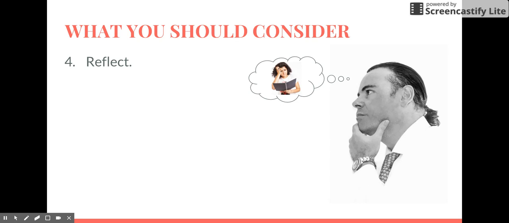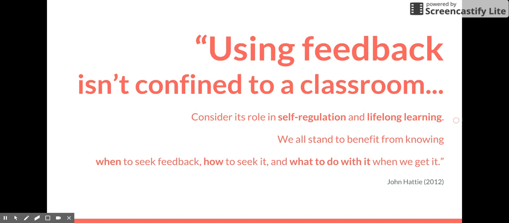Maybe it comes down to your own teaching practices. Maybe you need to reflect on what are the things I need to change in my own teaching? What are the things I need to improve upon, make clear? What sort of roadmap did I provide for my students that maybe wasn't clear from the outset, so they didn't really understand where they were going? The reflecting part of providing feedback is absolutely essential because it will help you become a stronger teacher, even stronger than you already are, and make sure that you're providing for students exactly what you want them to achieve in their learning. So one final thought on providing feedback.